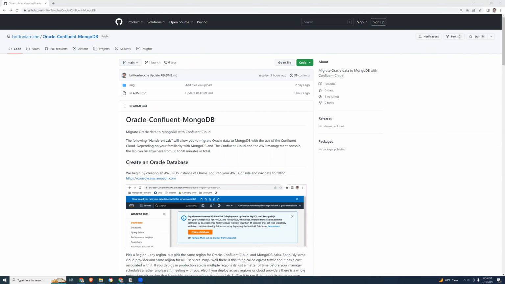I'm a staff solutions engineer at Confluent, and today we're going to create a Kafka hands-on lab. What I mean by that is Confluent, Kafka, and MongoDB, or Kafka, Confluent, and MongoDB. And in this particular lab, we're going to migrate data from an Oracle database to a MongoDB Atlas instance using the Confluent Cloud. So to get started, we're going to use AWS for the